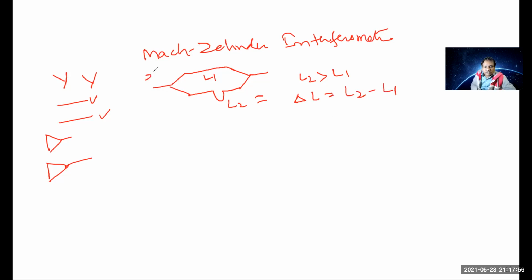This is the input and this is the output port of the Mach-Zehnder interferometer, which is also written as MZI. In this MZI, the input light is collected by a grating coupler and the output light is collected by again a grating coupler, which is connected through the fiber.